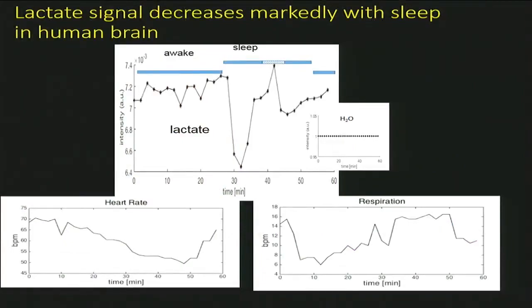This is an example from a healthy young control, a 32-year-old woman who was sleep deprived. She came in early in the morning, and we did some anatomical imaging and then started the spectroscopy, which is collected every 2 seconds. We block average for 2 minutes, and you can see the lactate signal is about 700 micromolar during the awake state,